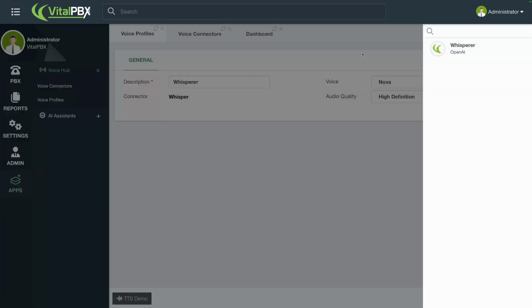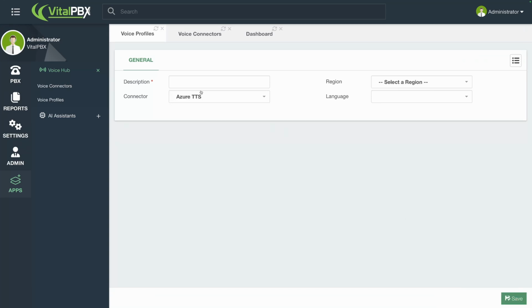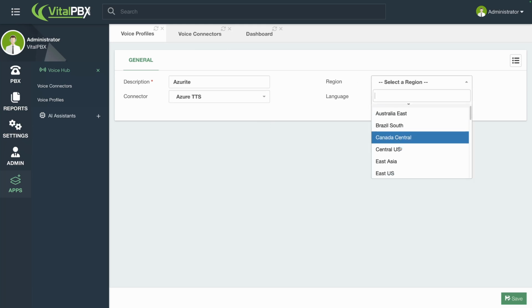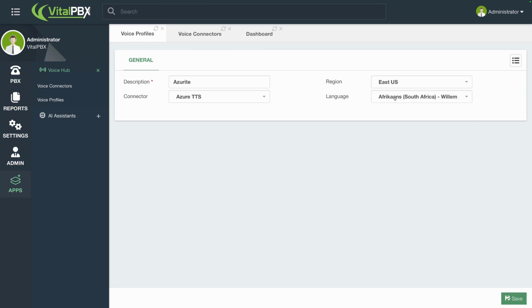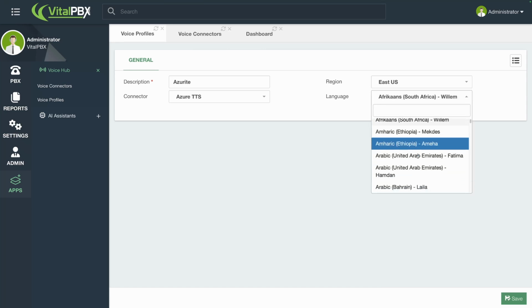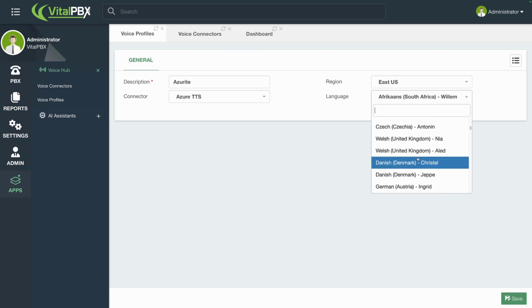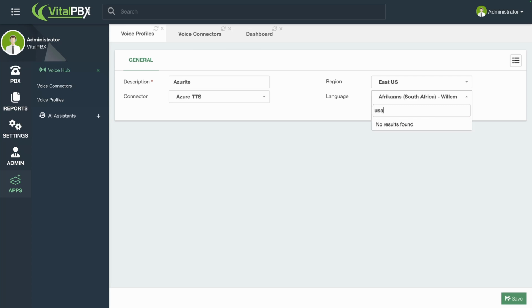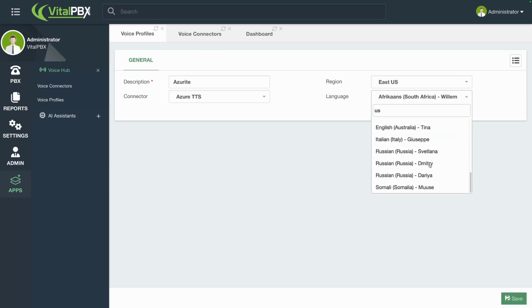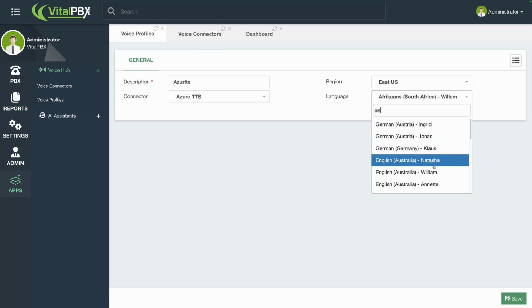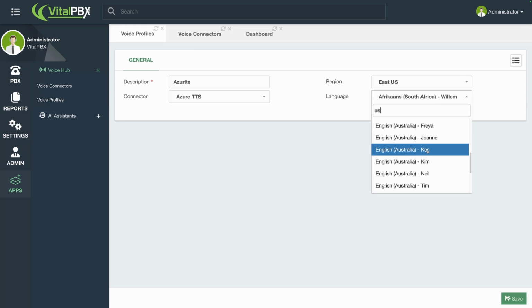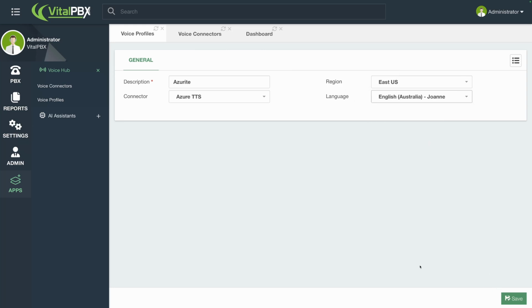And similarly, you can do one with Microsoft Azure. So I can call this one just something different so I can identify it. Use the Azure text to speech. Select a region. I'm going to use East US, and then I'm going to select the voice that I want to use. Let me see. Let's do some Australian English here. I'm going to save it,